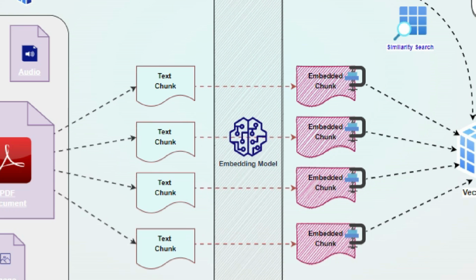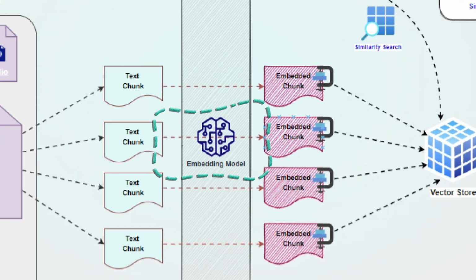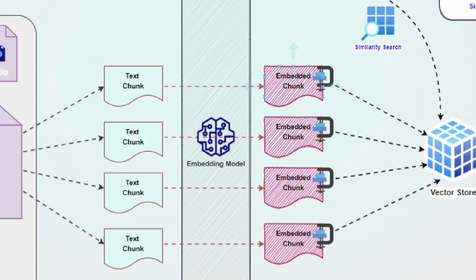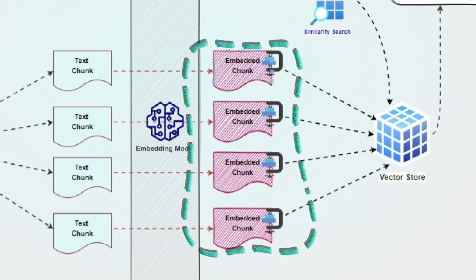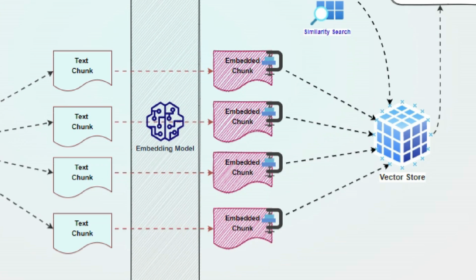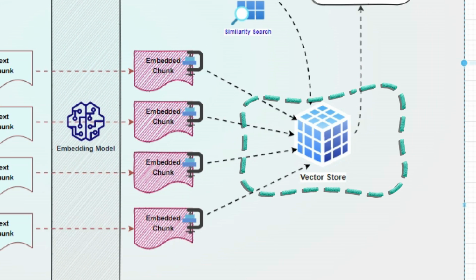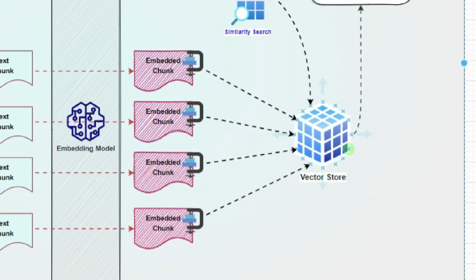Once the text is chunked, we will embed the chunks. This is called indexing or embedding. The embedding model that we are going to use is also from Ollama. All these embedded chunks will be stored in our vector store. We're going to use ChromaDB here. There are multiple vector stores available, so we'll see them in future videos. In this video, I'm going to use ChromaDB